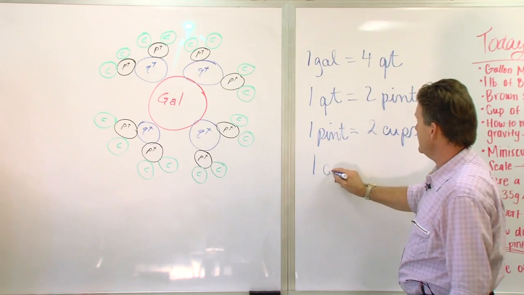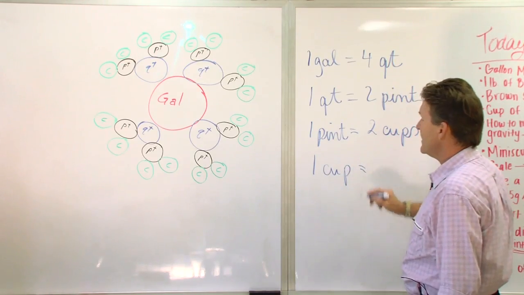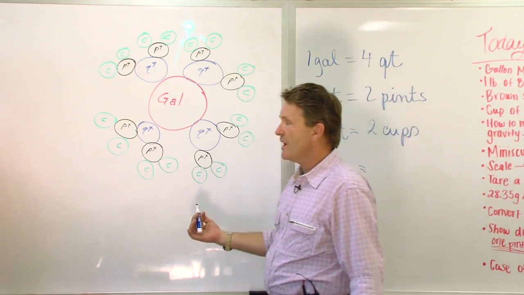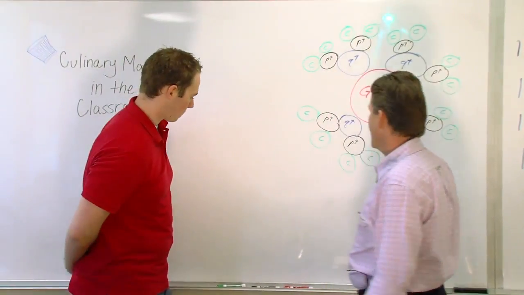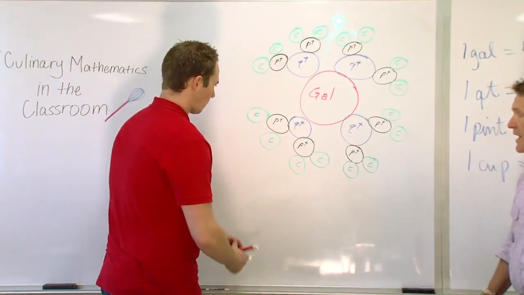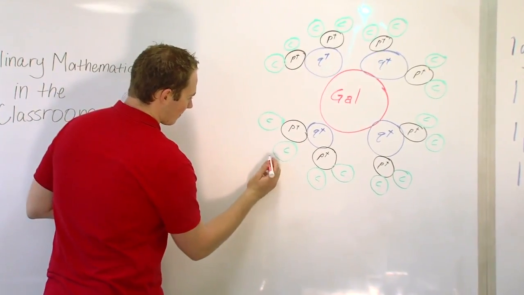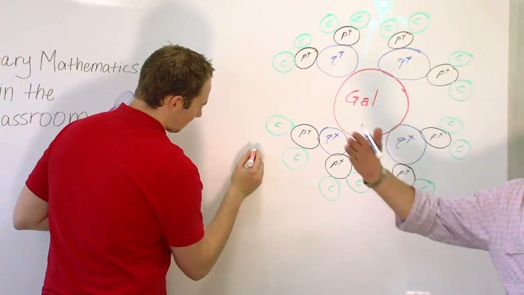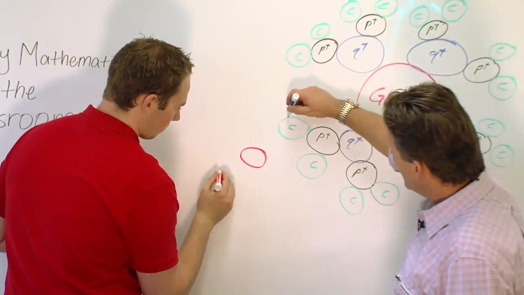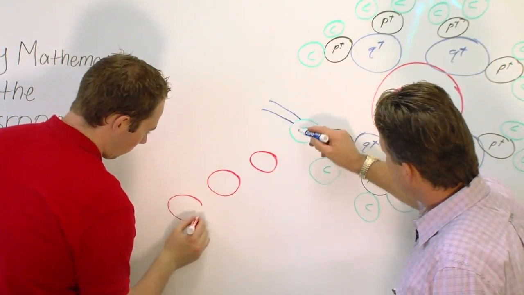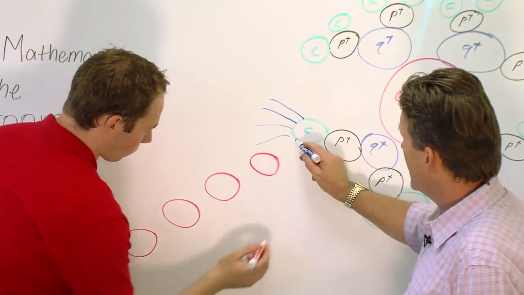Now, my next question to Jason would be, 1 cup equals, what is the unit below cups? Ounces. How many ounces in a cup? 8. Okay, so we would break down the cup into 8 ounces. Now, as you can see, this little drawing of ours gets big. So we just concentrate on one arm of the cup by making little